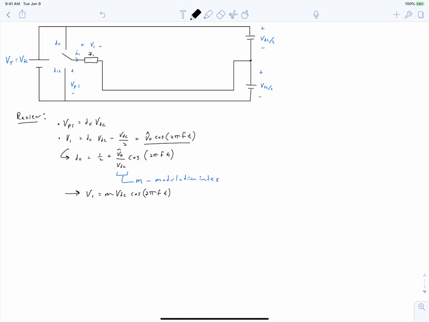If M is larger than 0.5, we end up with a duty ratio that's greater than 1, which we know cannot happen because we cannot have a pole connected to a throw more than 100% of the time. So